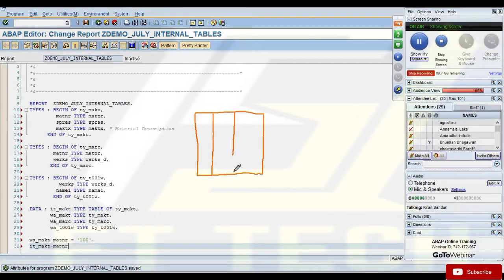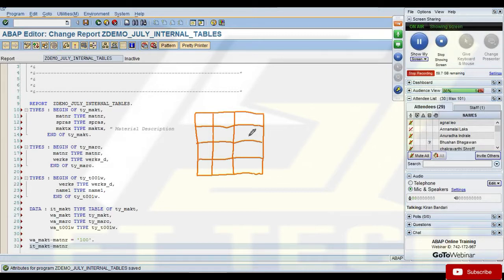Each field represents one column. So I have MATNR, SPRAS and MAKTX, three fields, and I have multiple rows. I'm sorry, I'm using the touchpad to draw. So this is how your internal table would be. It's a table basically. So you have multiple rows of data in the internal table, but you cannot access these rows directly. You cannot access the fields of your internal table directly.